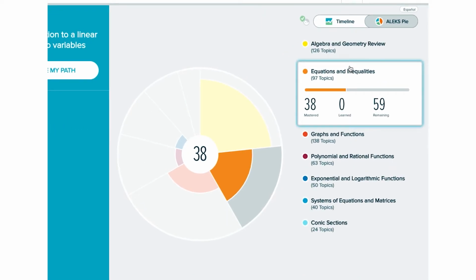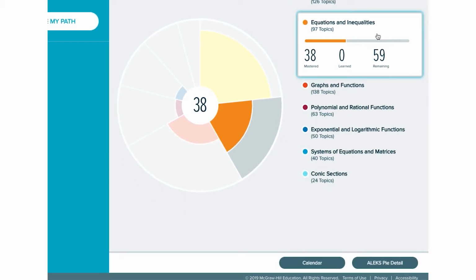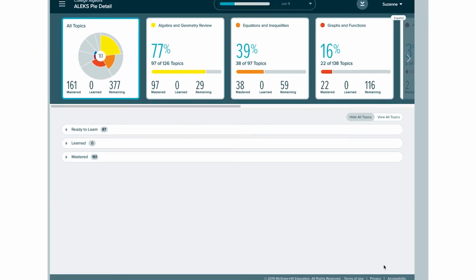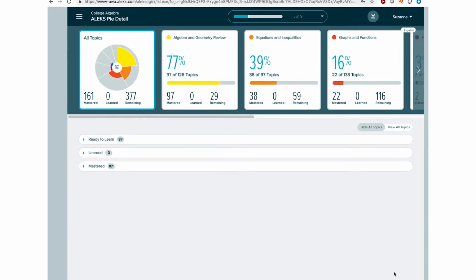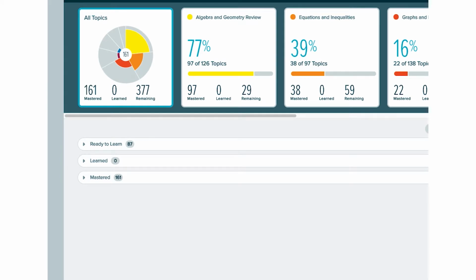If you click on any slice of the AlexPy, you will see the actual number of topics mastered, learned, and remaining. If you'd like to see more detail on a slice, you can click on AlexPy Detail on the bottom right corner of the home screen. In doing so, you will be able to navigate through all of the pie slices and see a specific list of topics contained in every slice or objective. These are organized by topics that are ready to learn, topics that have been learned, and